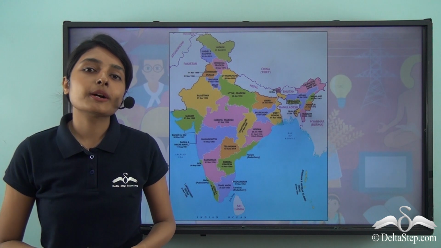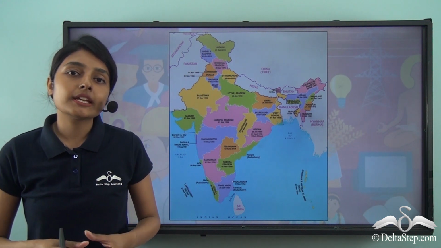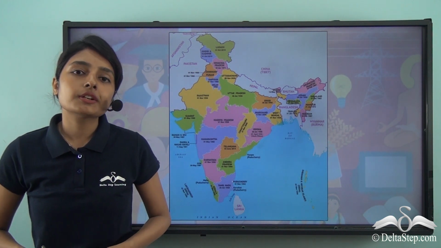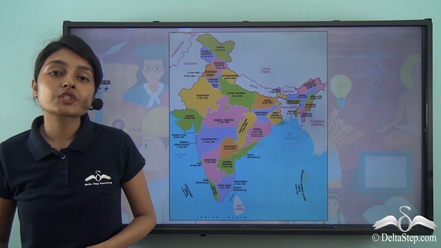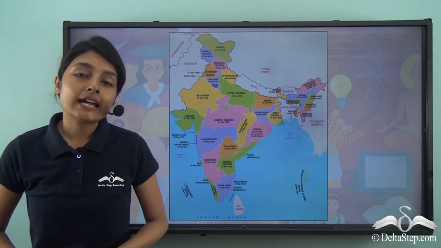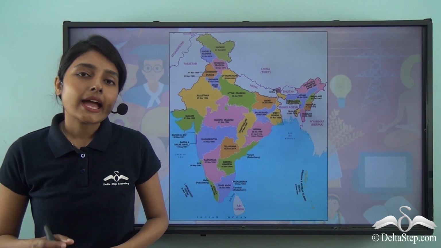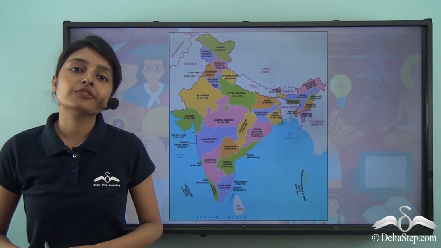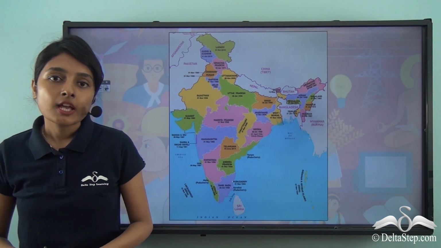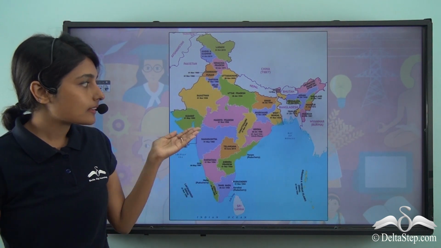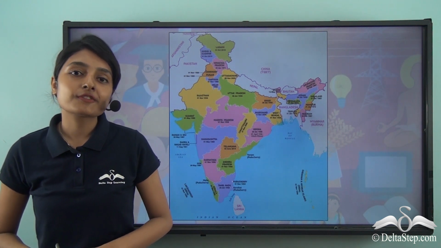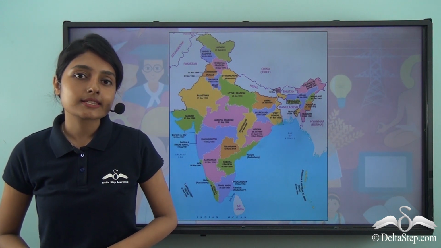In the beginning, we learnt about how linguistic identity played a crucial role behind the formation of states. Subsequently, we also learnt about how different regions were wanting to have their own states based on their ethnic identity. At the same time, administrative reasons and financial viability were also taken into account for the formation of new states. So having learnt about this and seen this present map of India, let us now conclude this discussion on the formation of states that happened in post-independence India.